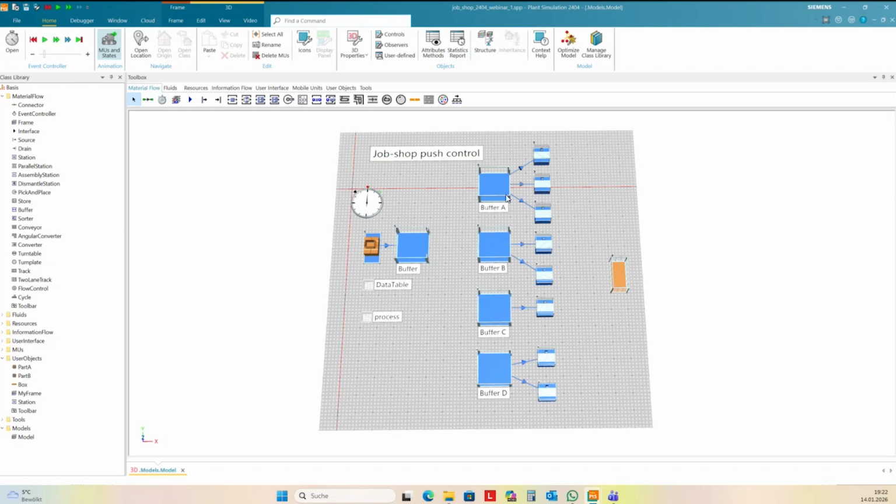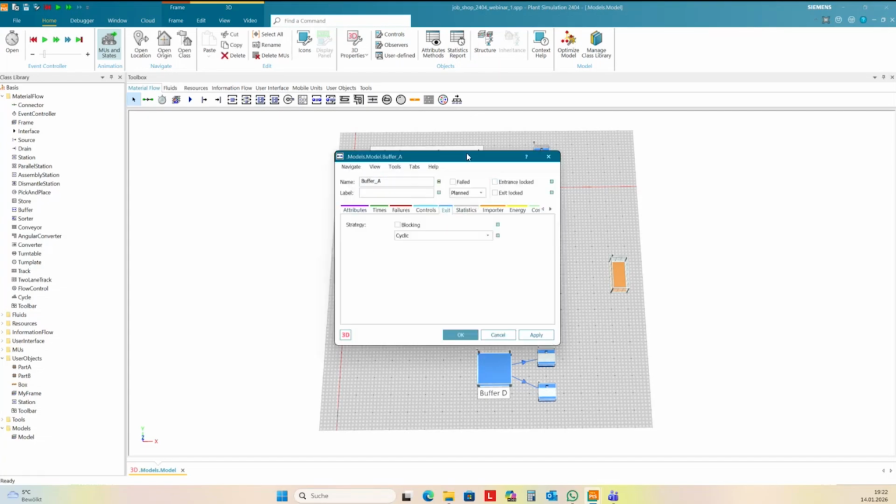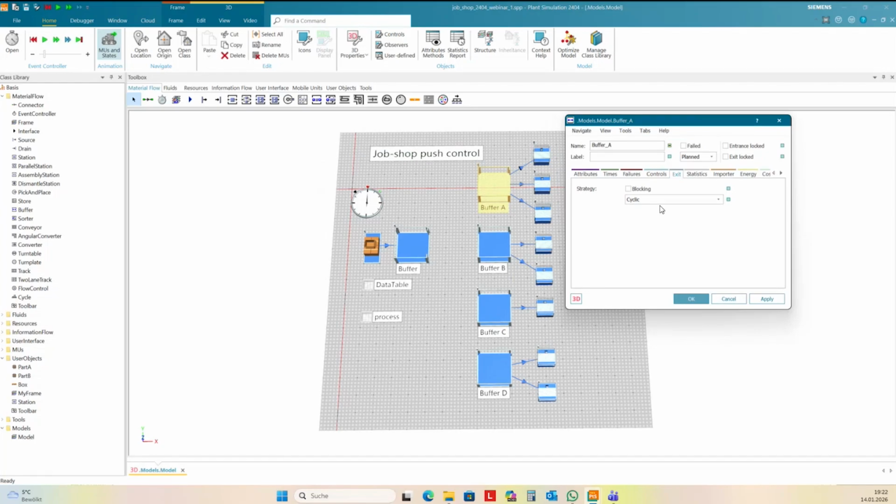So each shop has its own queue here, and you can use the exit behavior of the buffer to decide which of these machines I want to occupy with the next part.